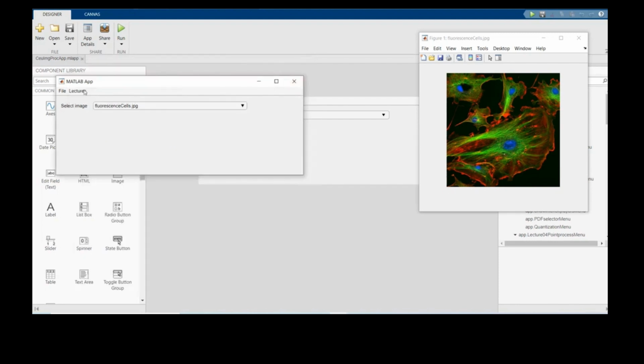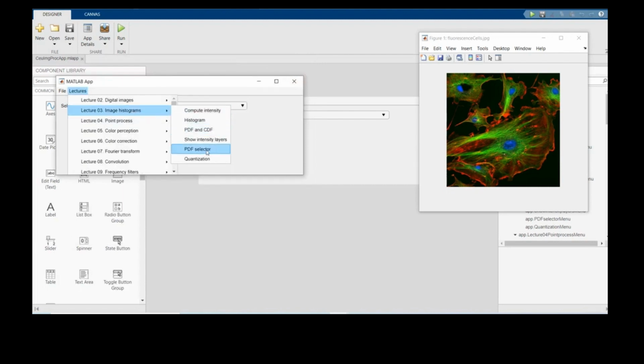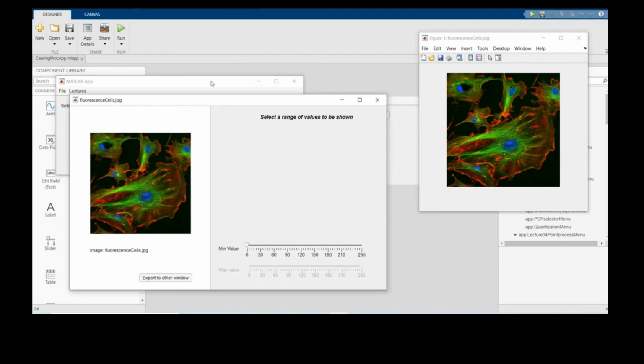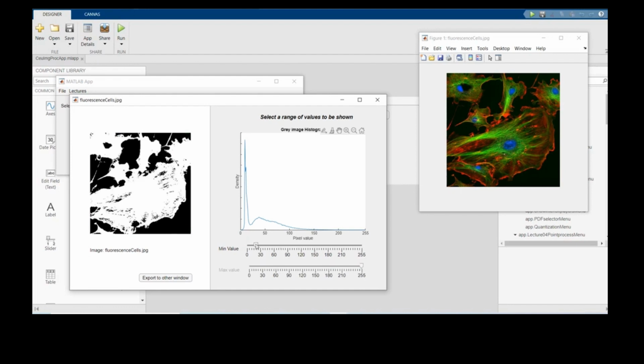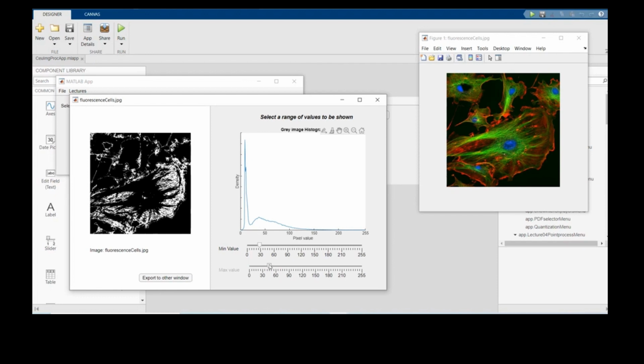Okay, good. Then what else? We have the PDF selector. So the PDF selector is kind of the same thing, but now we want to select those pixels that have a value above 30 and below 90. So you can select regions, and now they are more contiguous. So if you choose exactly 30, they are isolated pixels. But if you consider 30, 31, 32, they start to be